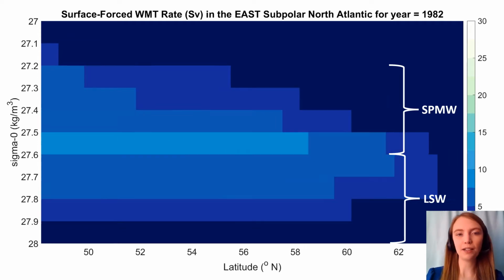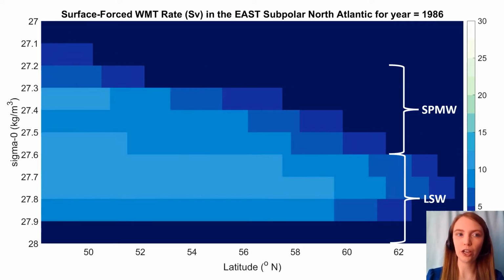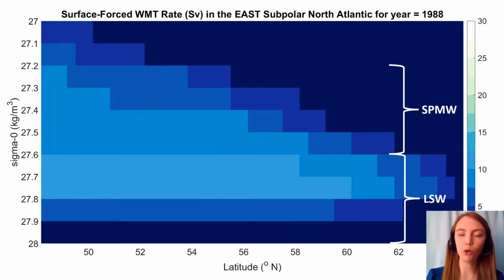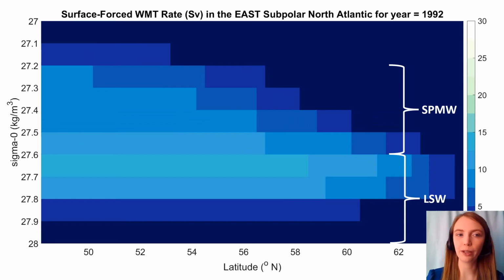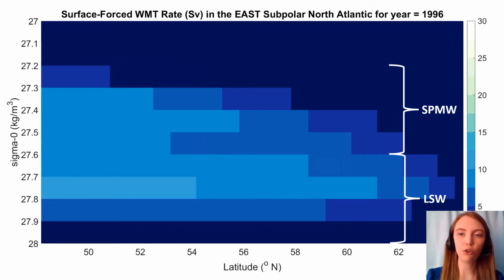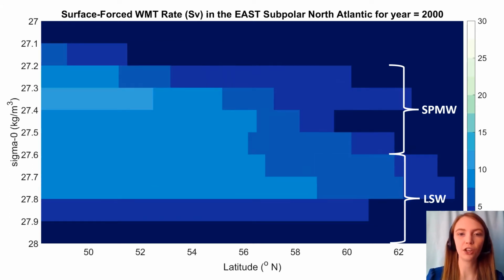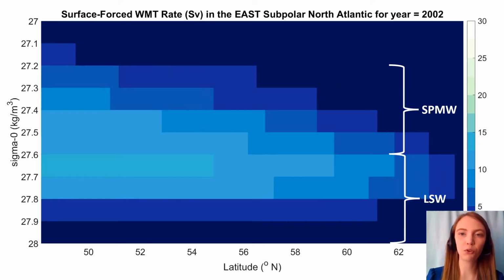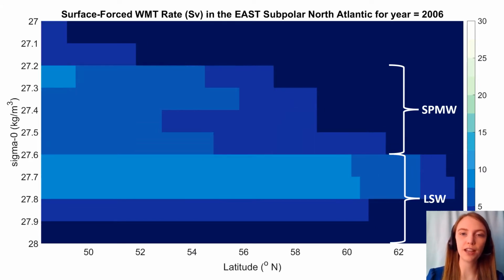This movie depicts the surface force stream function in latitude density space for the east subpolar gyre, and again I have marked on the approximate density ranges for subpolar mode water and Labrador seawater. The lighter blue colours here are demonstrating where in latitude density space the maximum surface forced water mass transformation rate is occurring, and as the movie cycles through we are observing transformation over a broad range of densities and latitudes,